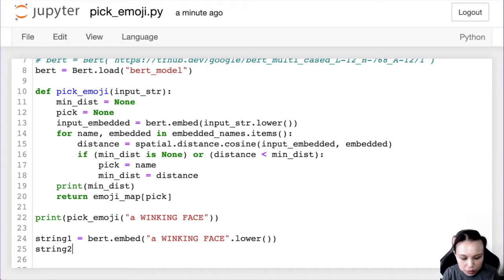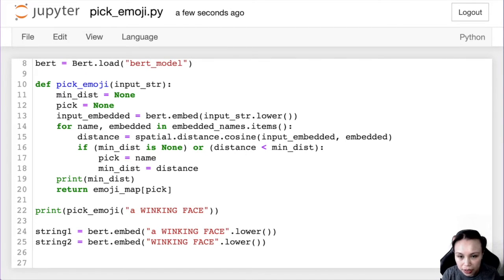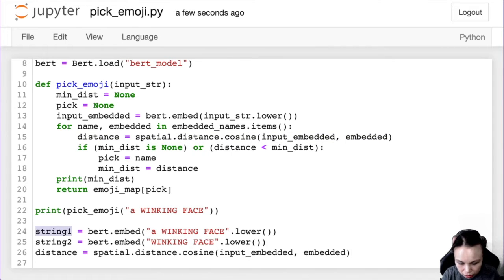So I want to compare the two embedded strings, and this time, yeah, why I didn't copy it, I don't know. Yeah, so it's lower, so the capitalization doesn't matter that much. And I wanted to compare them, so I would use the distance here, exactly what we did, but it would be string 1 and 2.